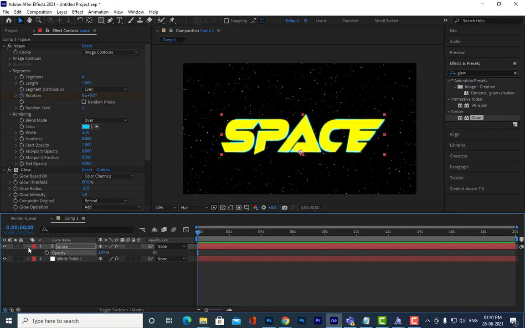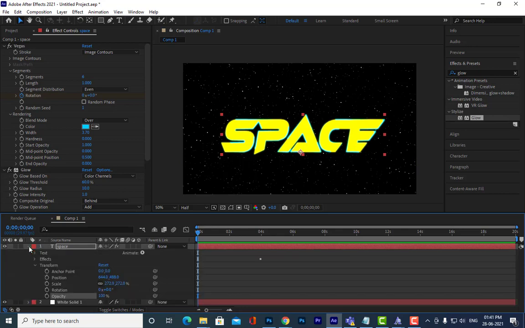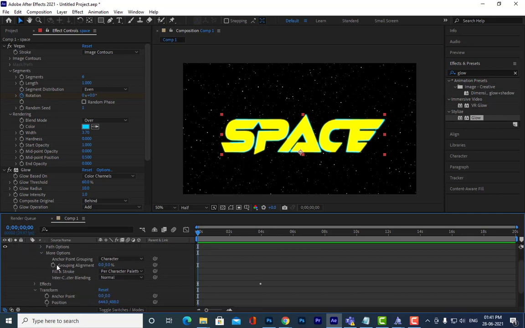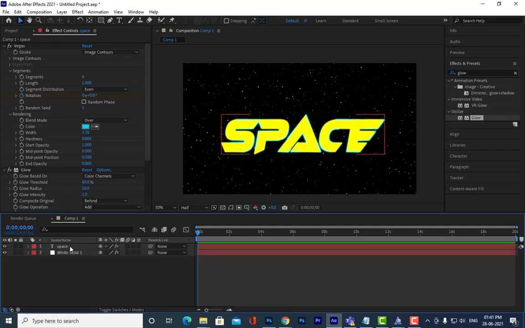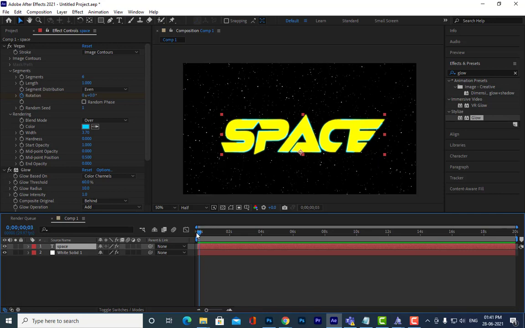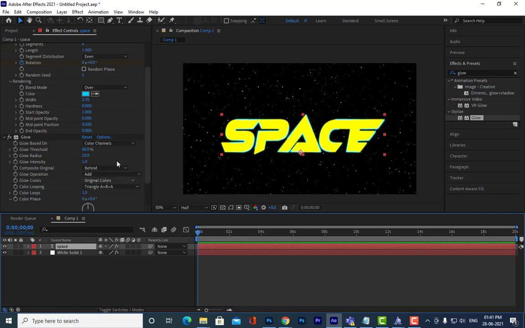Not opacity, I think if you reduce opacity, again there will be a problem. Here fill and stroke are there. So we can give some gradient to this.